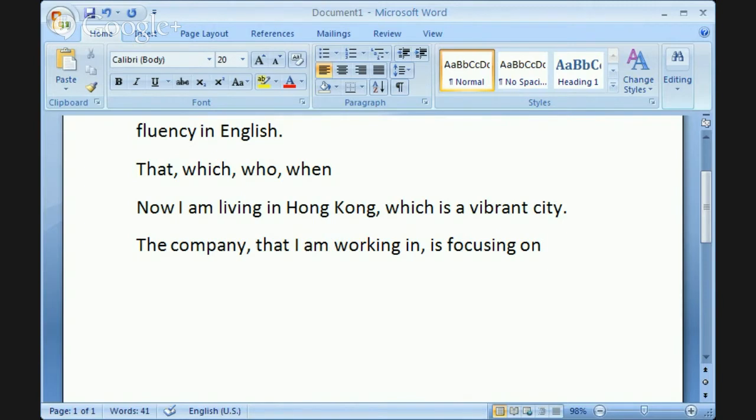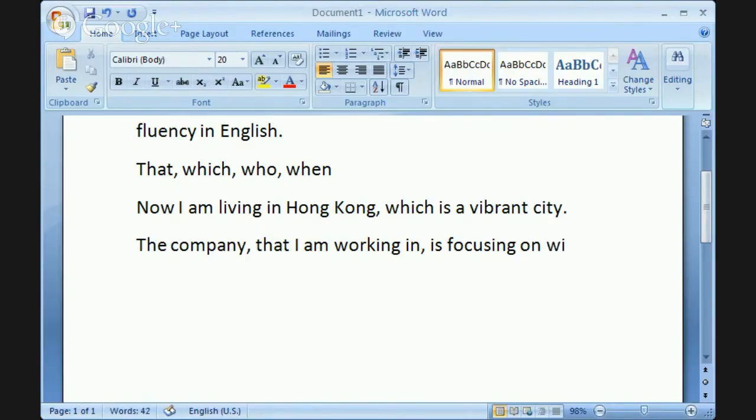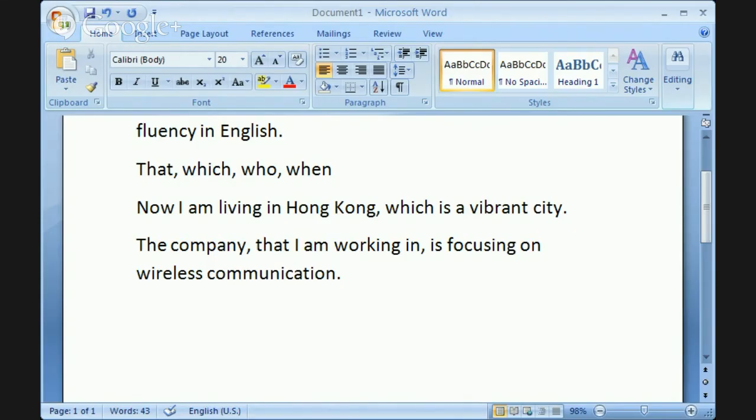Okay, what is your company focusing on? Wireless communication. That's so much more boring, Zong, but okay. Fine. The company that I'm working in is focusing on wireless communication. Notice the way that I wrote this sentence. This is something, Zong, frankly, which confuses the hell out of me, and I'm sure it does you too. The thing that I'm talking about is, why do I separate this relative clause in the middle of a sentence